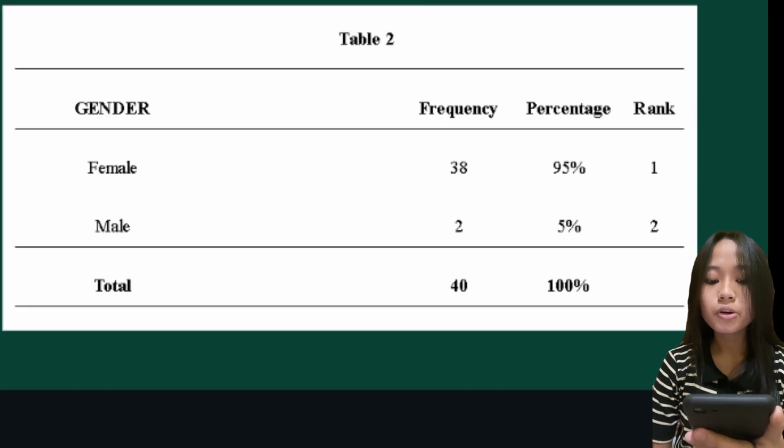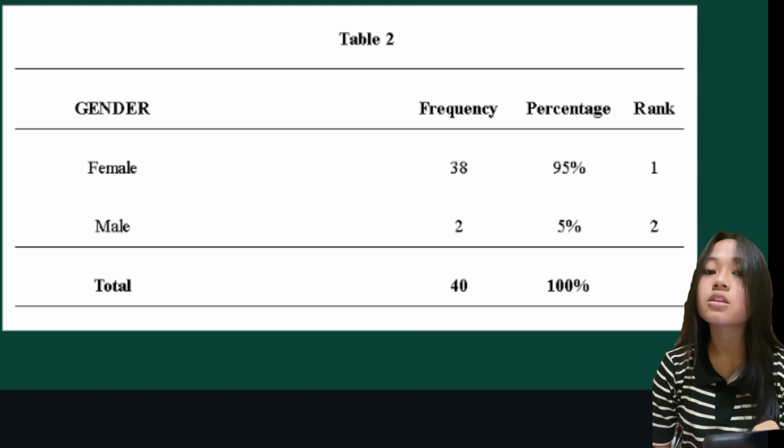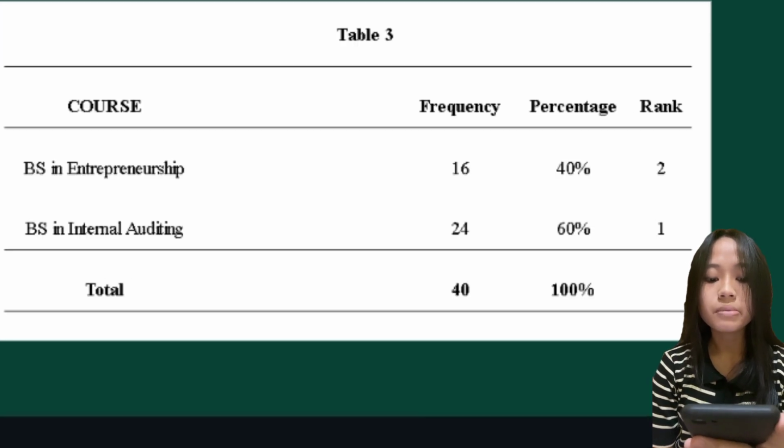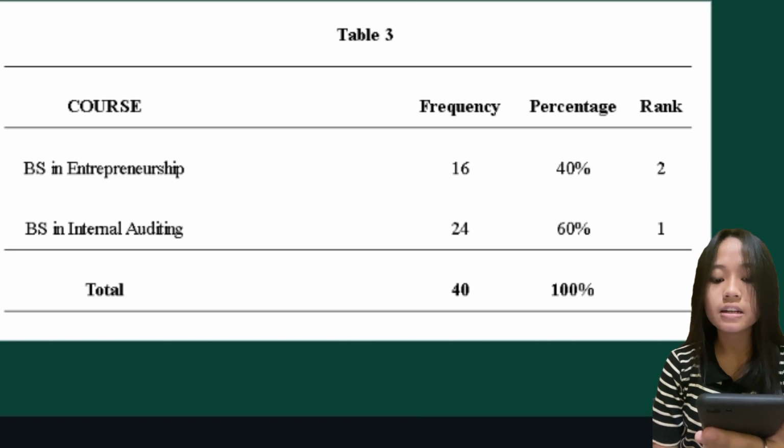So table number 2 shows the frequency and percentage distribution of respondents in terms of their sex. It was shown that female has 95% and male has 5% of the respondents. Table number 3 shows the frequency and percentage distribution of respondents in terms of their course. It was shown that BS in Internal Auditing has 60% in rank 1 and BS Entrepreneurship has rank 2 with